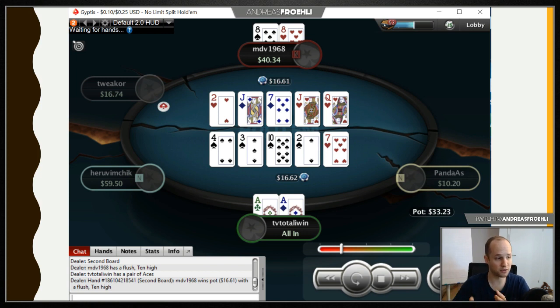But the good thing about this game is when you have the better hand preflop, it's gonna stay the better hand post-flop, at least for half the pot most of the time. You're almost never gonna lose both boards to a lower pocket pair with aces. Sure, it can happen that you get bad beat, but if your opponent flops a set on one board, he's actually not going to be a favorite